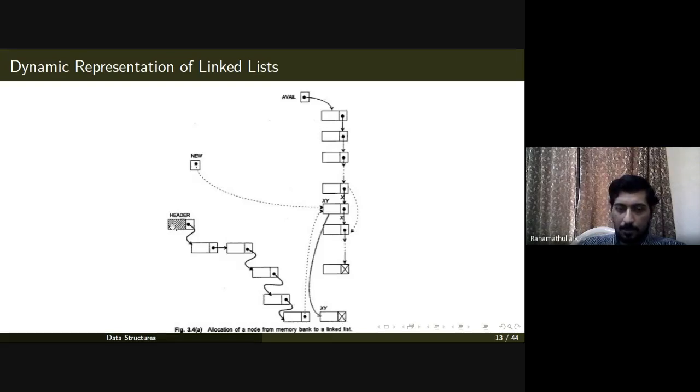That's all. So it's not like an array. This node is in some memory location, this node is in some other memory location, this node is in some other memory location. So in between, if you would like to add something, it's very easy: you create a node and you just change this pointer. So there is no need to shift all these elements as in the case of an array. That's why we told that insertion and deletion in the case of a linked list is pretty easy compared to an array.